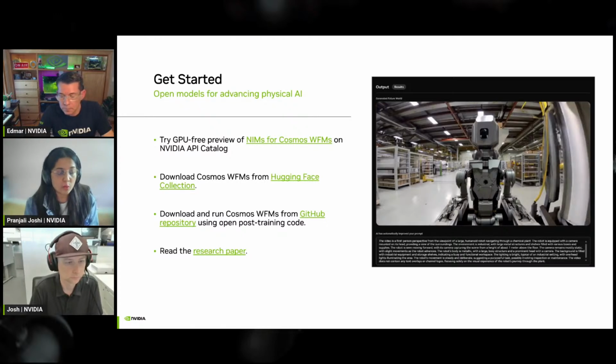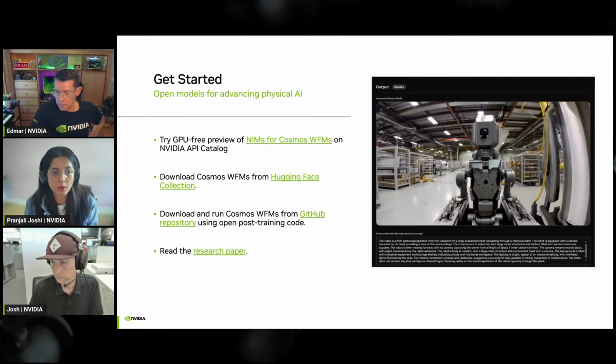If you are happy with what you are seeing on the screen and you want to use that in your real robotics and autonomous driving workflows, then I think the best places to go are NGC, which is our cloud repository for NVIDIA, but you also have it open on Hugging Face and GitHub repository. Good thing about these models, and I saw there was some trouble in accessing the link for Hugging Face, I think it's very simple.